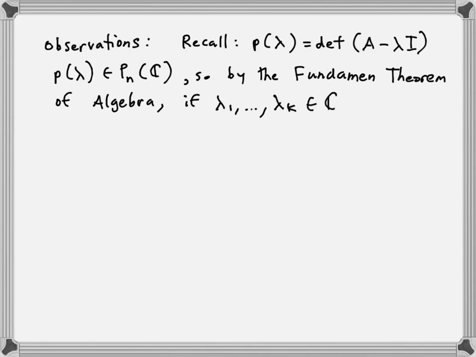Some of them might be reals, but recall that reals are a subset of the complexes. So I'm just going to write it this way. If lambda 1 to lambda k are the k distinct eigenvalues,